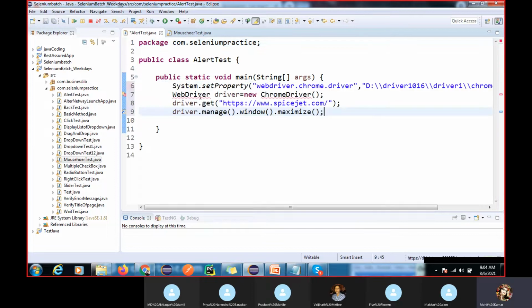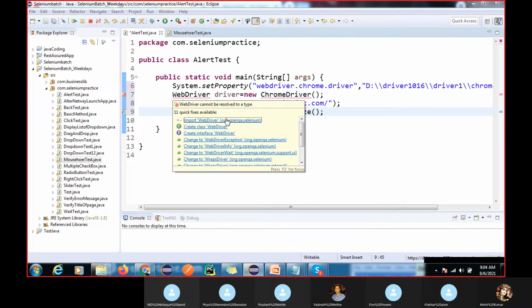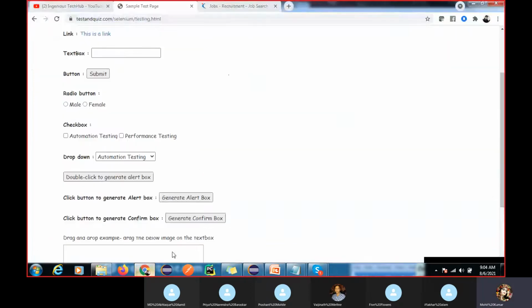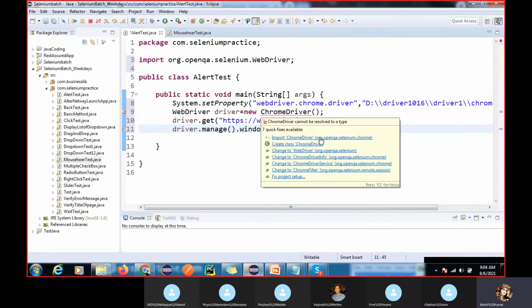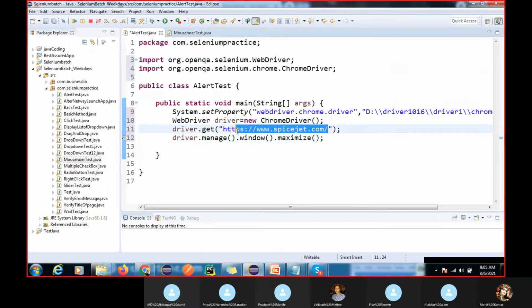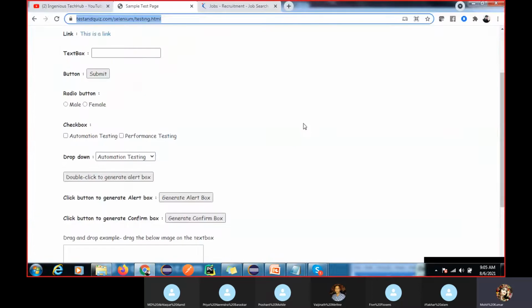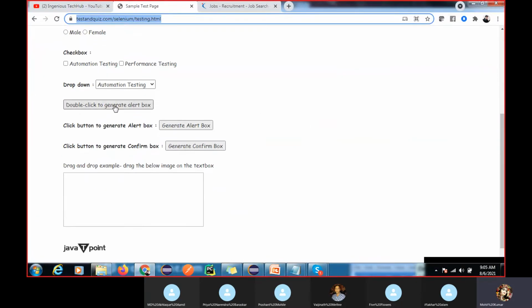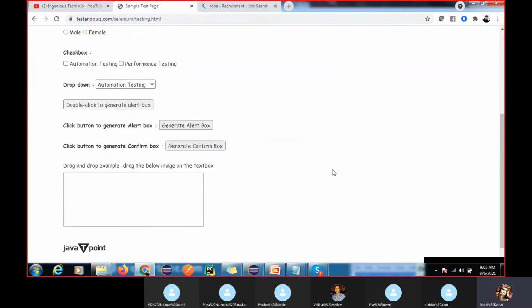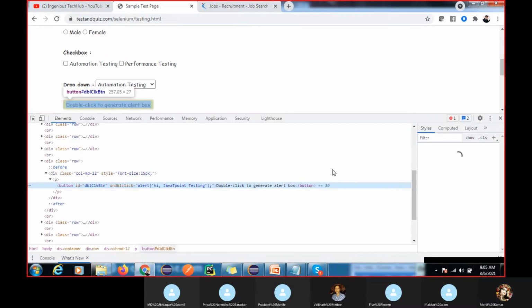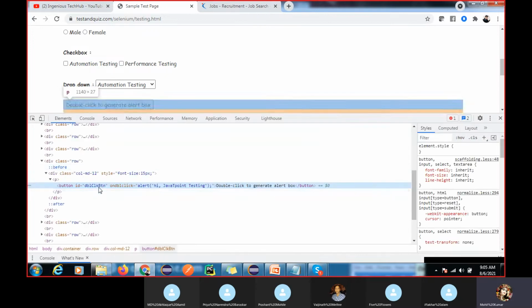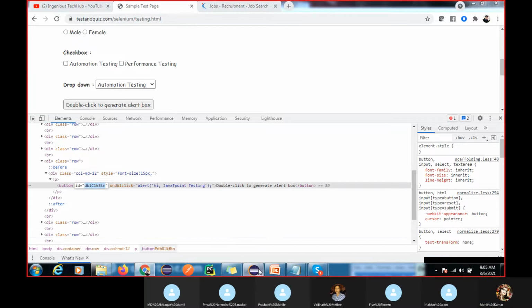Okay, so this is your URL. First of all, you have to do a double click, right? So for the double click operation, you have to find the element. This is an ID, so directly I can use the ID.